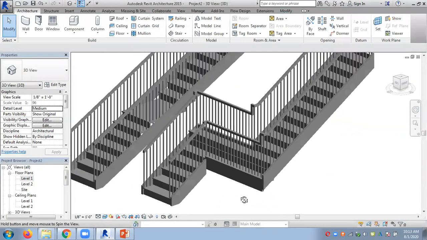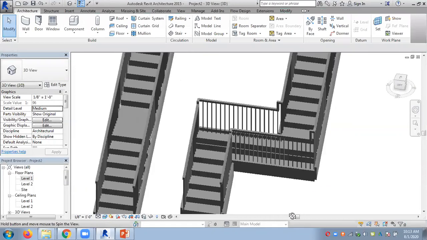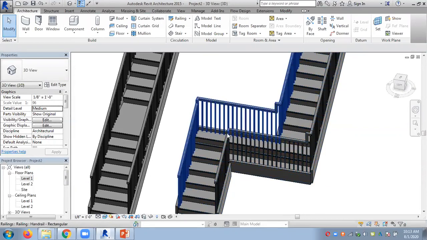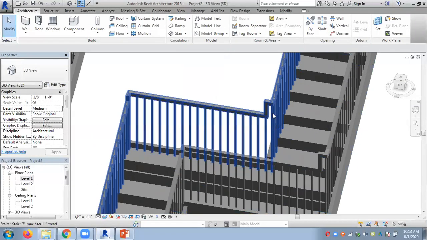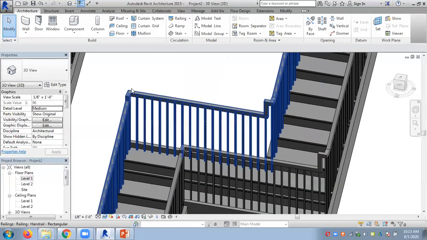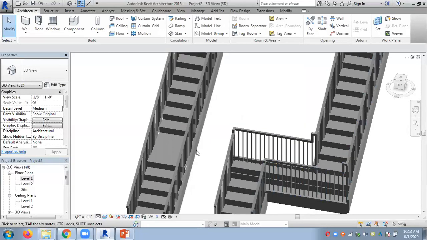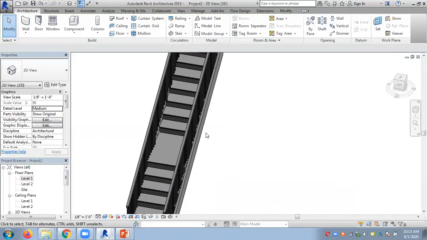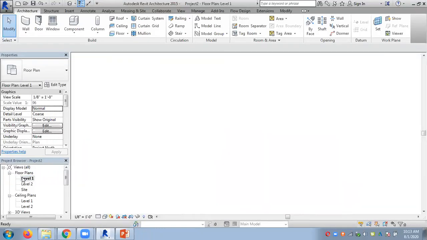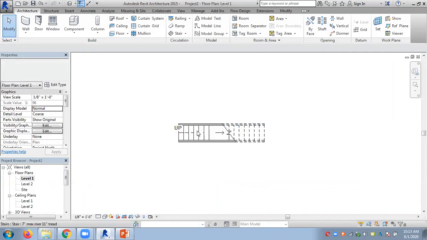So here you have drawn it, but there are some steps created here, so we can rectify them also. So those kind of settings can be done, and here you can see how the railing has taken that angle automatically. Here it's not taken, so we will see how to edit that quickly. And if someone wants to edit the railing shapes, we can do it. So I will show it.